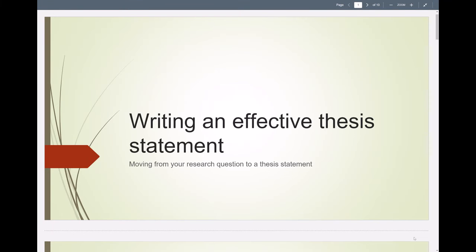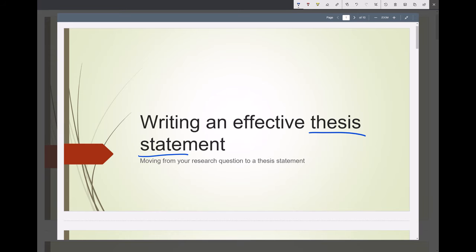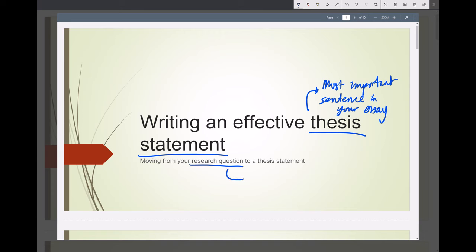Students, so in our last lecture of the day, we're going to talk about making good and effective thesis statements. So your thesis statement is the most important sentence in your essay. It helps you move from your research question to answering that research question, and this is your answer to it,